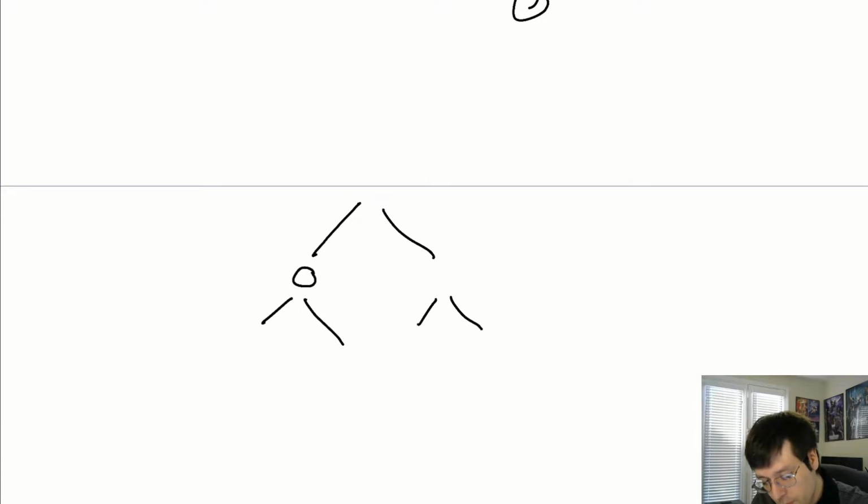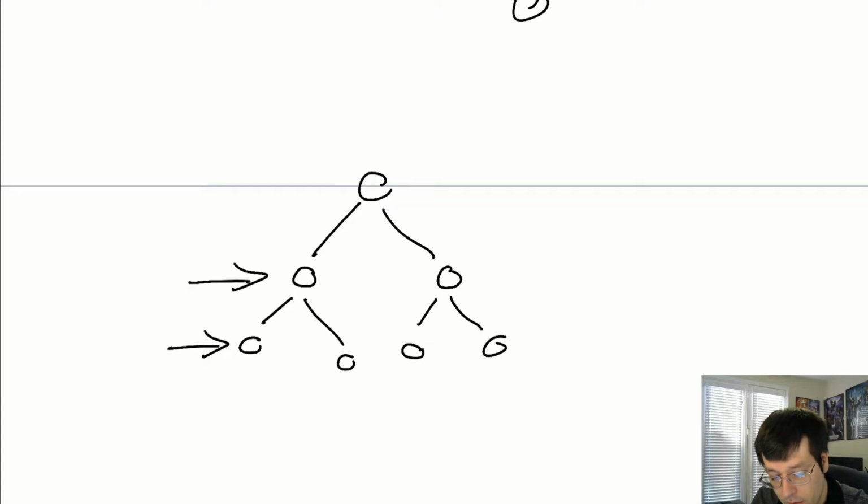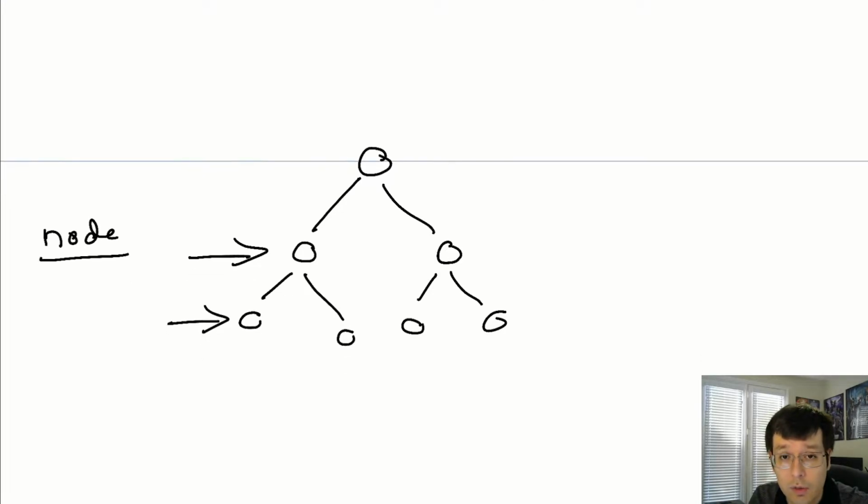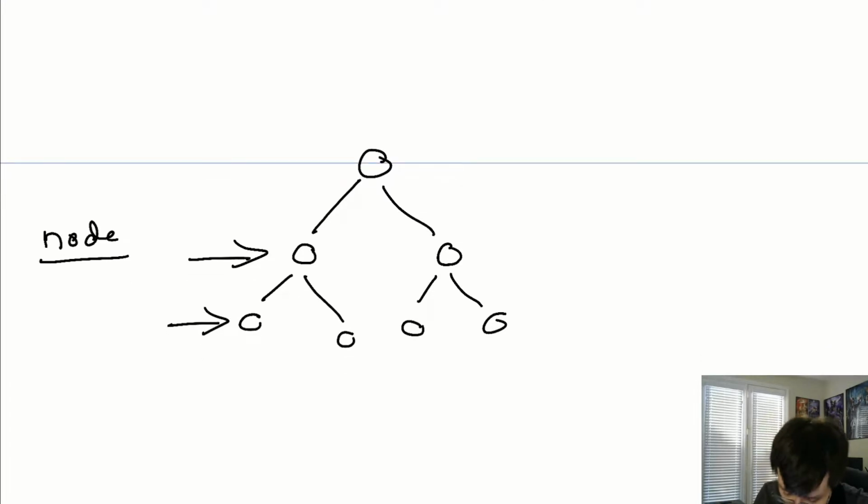So let's define some terms that I've already been mentioning. When you have a basic tree, the tree is the complete structure, and your tree is made up of components. The components are located at the end, here, or up here, right? These components have a lot of names, but I prefer the name node. So the nodes of the tree, that's a good term to use.